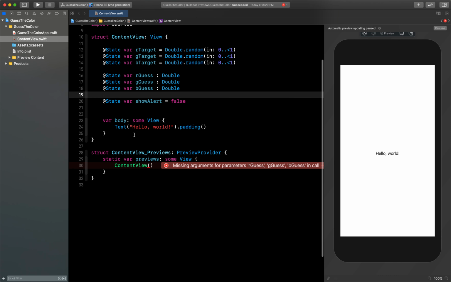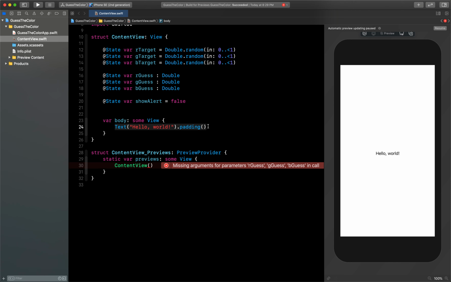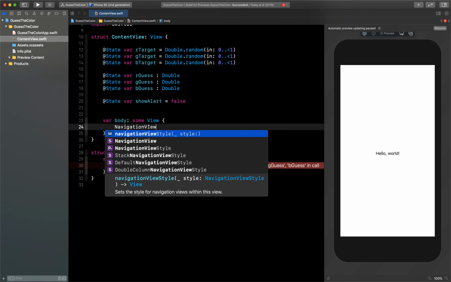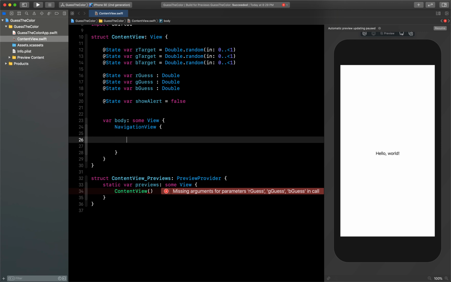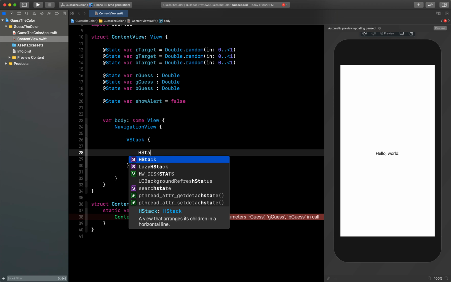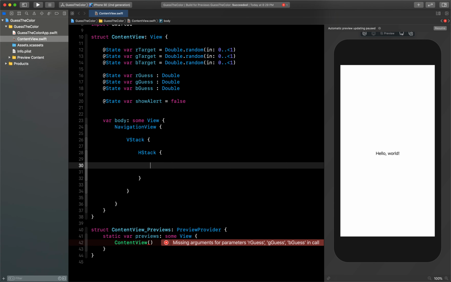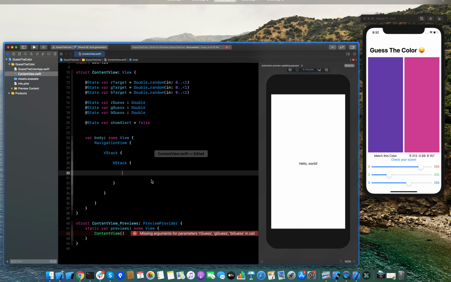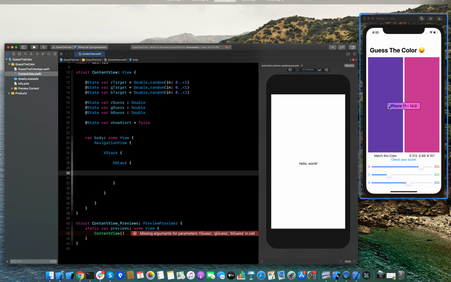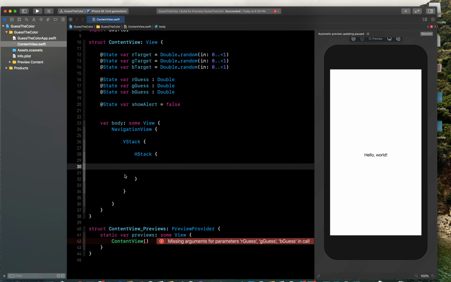Now let's create the next, that is our actual view. So first we will create a NavigationView to give the title, and inside this I will use one VStack, then I will use HStack, and inside, so what I am doing is I am using VStack to put everything vertically and HStack to put these two views horizontally. So let's create those two views, and also these two views have one more thing, that is a title at the bottom, like these two are vertical, so for that I will create one more VStack inside this.